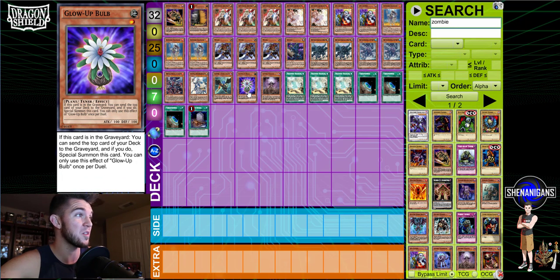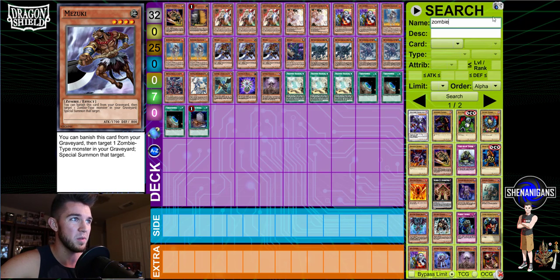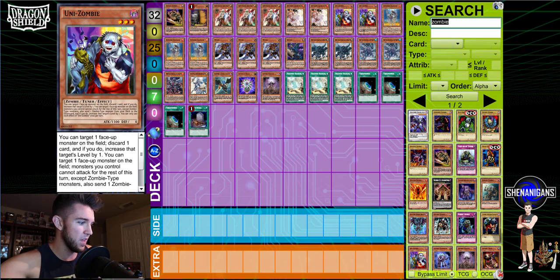I can pitch Glow Bulb, and then Glow Bulb. Oh my gosh! So I can make Trishula. Oh yes. This is going well. I'm excited about it. Okay, so I think that's enough monsters. We have 25 monsters. We're going to be milling with Minerva. I like that. So we need some other true